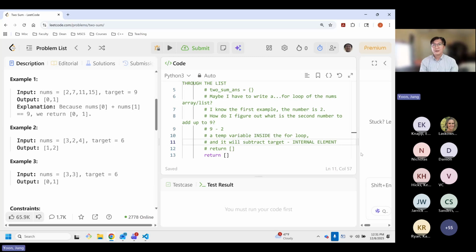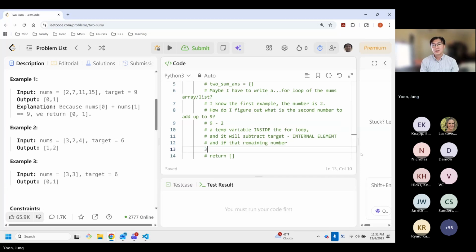And if that remaining number matches anything in our loop, we return the indexes of those numbers. Did I write any actual code in this thought process? All I did was think the problem through. Do you all agree with that?